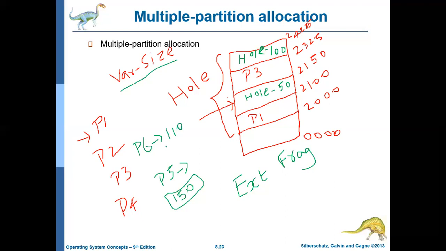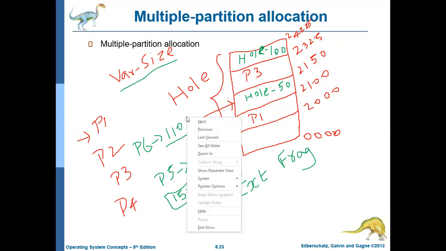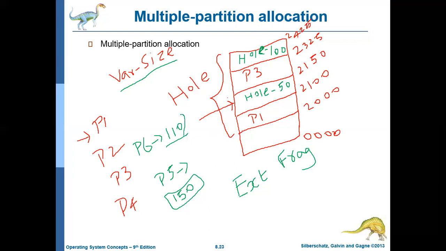But this request also cannot be satisfied, because one hole is 50 MB and the other hole is 100 MB. Only if the request is less than 100 MB or less than 50 MB can it be satisfied. So these two requests cannot be satisfied by the operating system because of the fragmentation created by variable size partitioning, which is called external fragmentation.